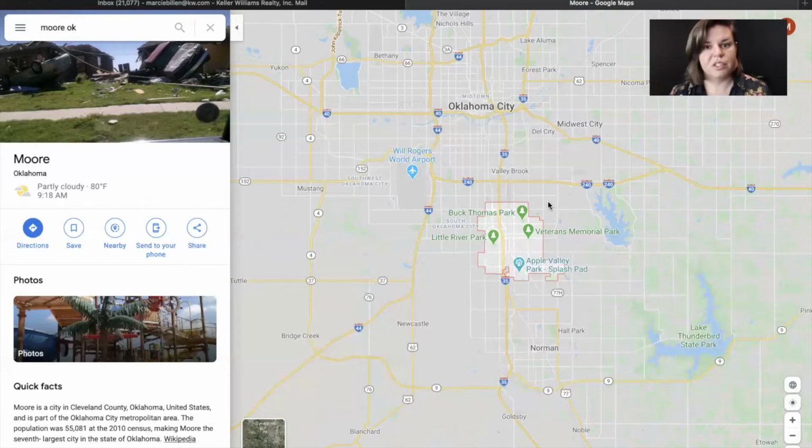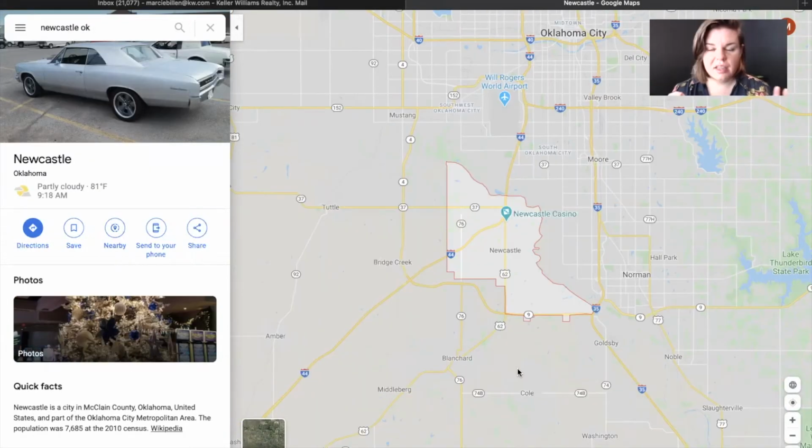That's also in Moore School District. So the average price of real estate in Moore is right at $165,000, and also that varies month to month, of course. So southwest of Oklahoma City, there are 3 small towns, and they're pretty rural communities, but people really love to